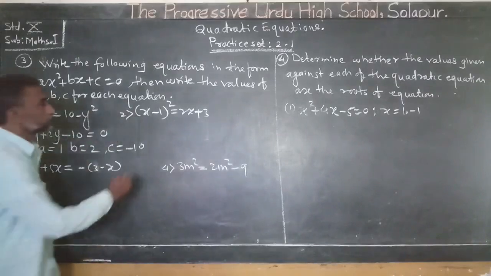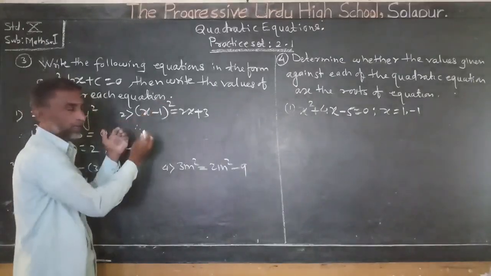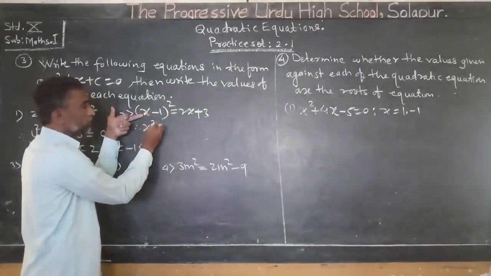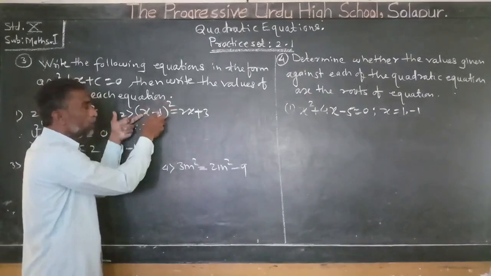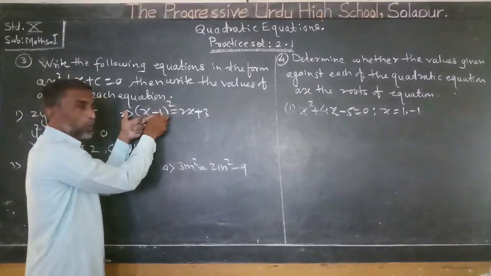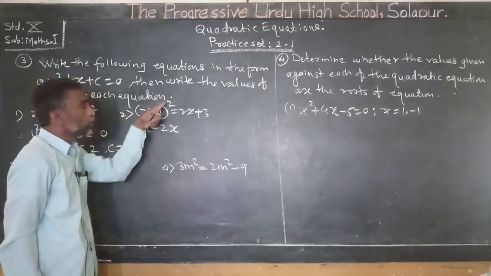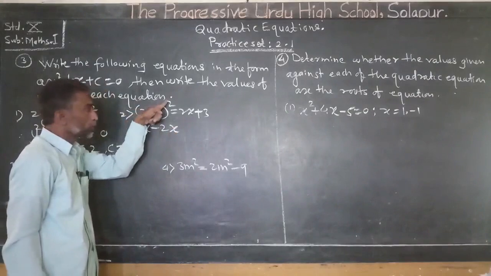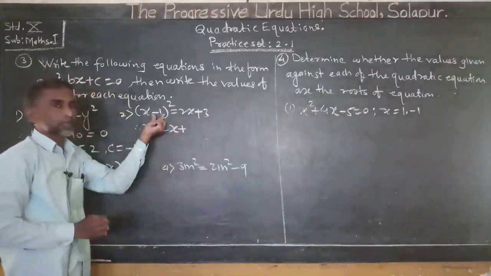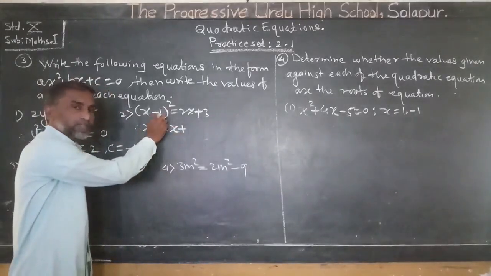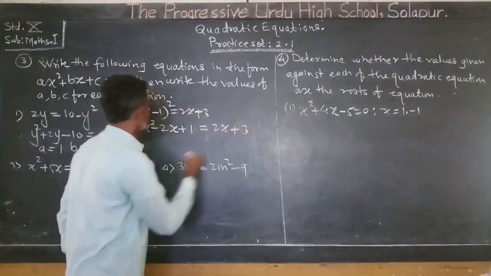Now second example. Therefore, first open the bracket, x minus 1 bracket square. Write square of first term, x square. Give the same sign, multiplication of all these three, 2x into 1, 2x. As sign is minus, write minus sign. Do the multiplication of all these three, 2 into x into 1, 2x. Now, in the last, give the plus sign and write the square of second term, which is 1. Square of 1 is 1, is equal to 2x plus 3.